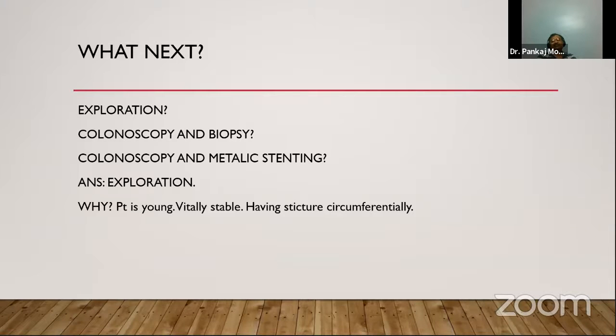So what is the difference in this patient and the previous one? Yeah. Patient is 17 years old. Sir, previous patient was 60-year-old. And the patient was vitally unstable. Patient was hypotensive. Sir, this patient is 17-year-old. Malignancy is less likely, in spite of it is shown in the CECT.